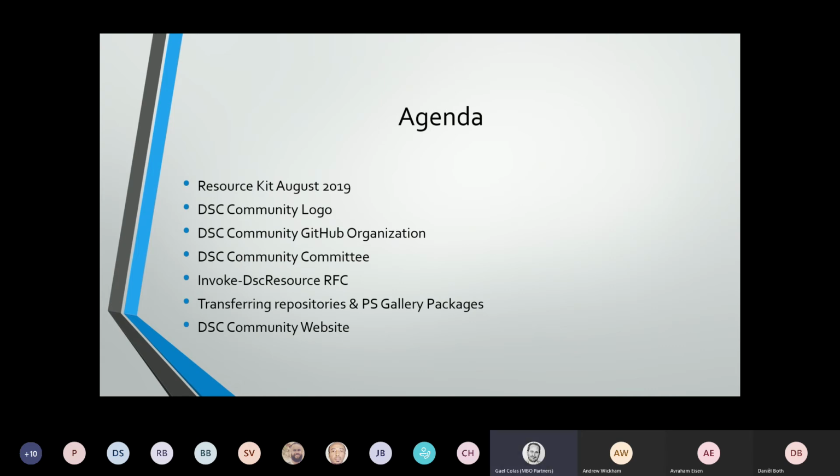repository. We are creating a DSC community GitHub organization, and we'll explain that. And we'll talk about the DSC Community Committee that this DSC Community GitHub organization enables. We'll talk about a new RFC coming up for Invoke DSC Resource on PowerShell 7. And we'll talk then a bit about transferring repositories and PS gallery packages. What does that mean? And finally, talking about the DSC community website that we created and that you can contribute